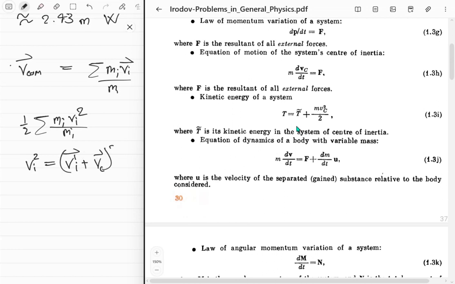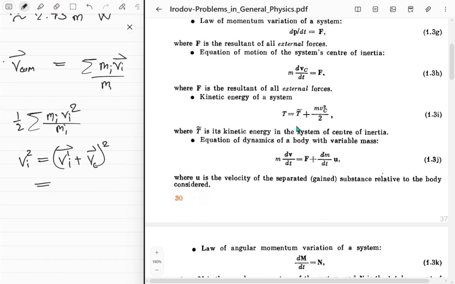That vector squared, right? So v_i dash is basically just the velocity relative to the center of mass. So squaring, we get v_i dash squared plus V_C squared plus